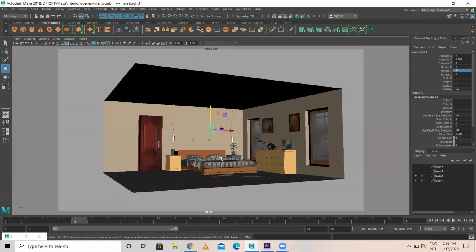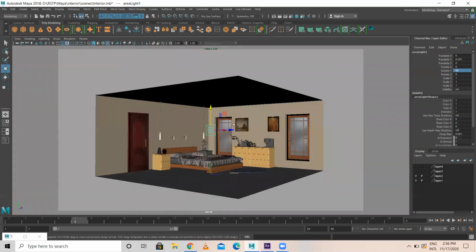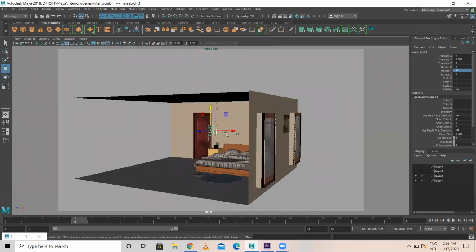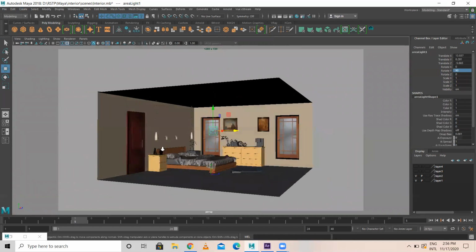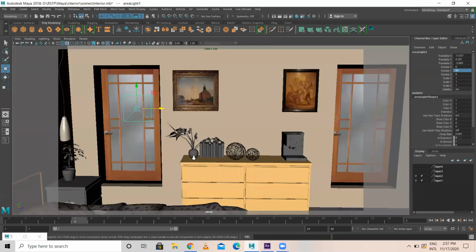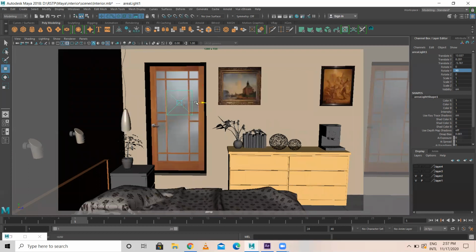For this particular interior scene, the window is the light source. I'm gonna place this near the window like this, and I'm gonna scale this and make it something like this.